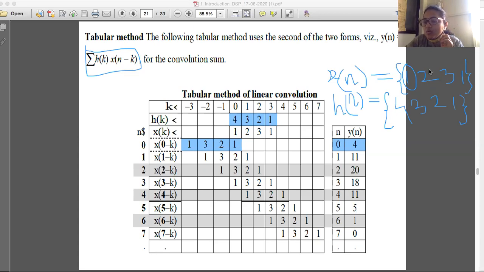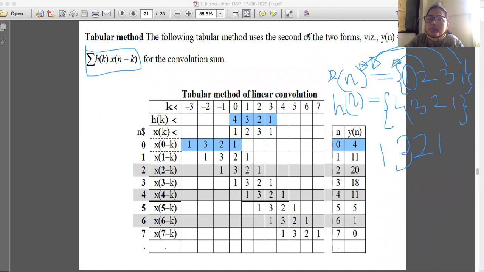Now after performing this folding operation, this 2 is located at n equal to 1. This will get shifted to this position. Are you getting this? The sequence will now be 1, then 3, and then this 3 will be shifted further, so the 3 will come at this position, and this 1 will occupy the last position. So this is nothing but the folding.